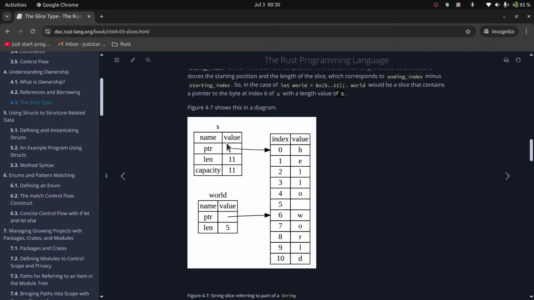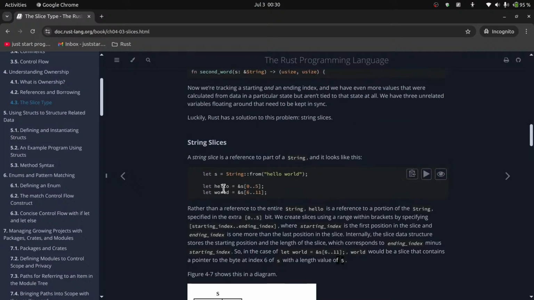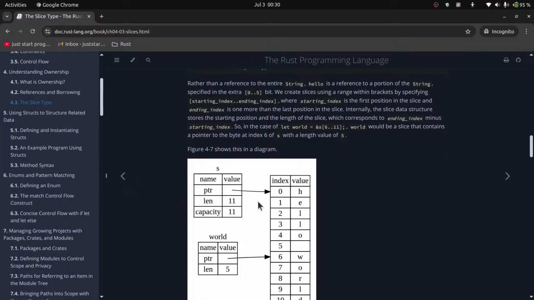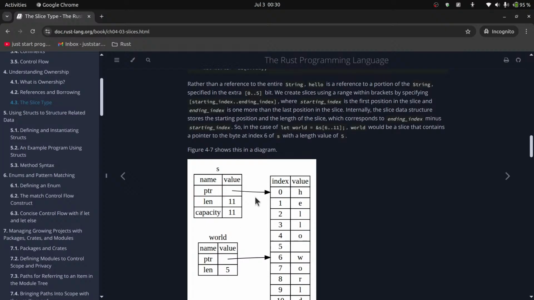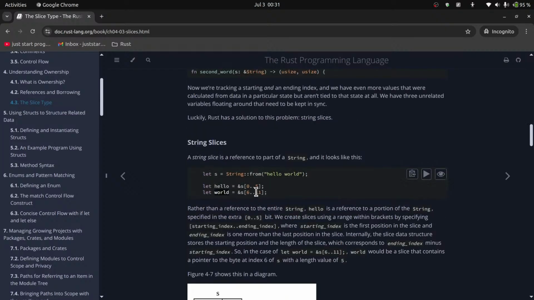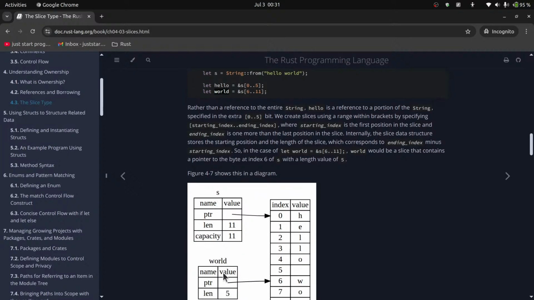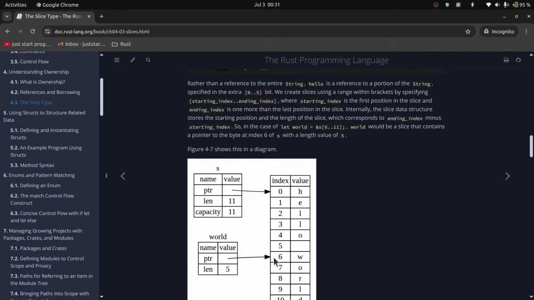So it looks like this. S points here, length is 11. S points to hello world. Okay, but world, yeah, this is S, this is not hello. So world, however, points to 6